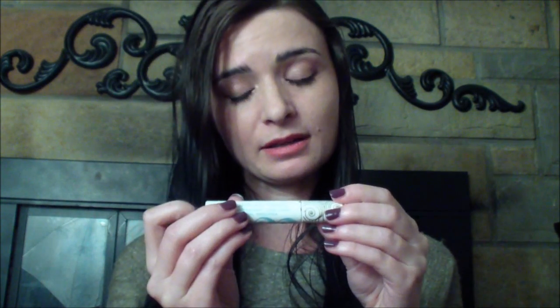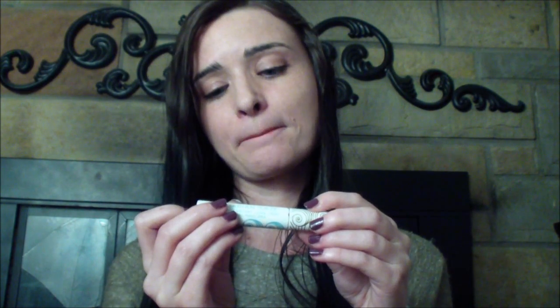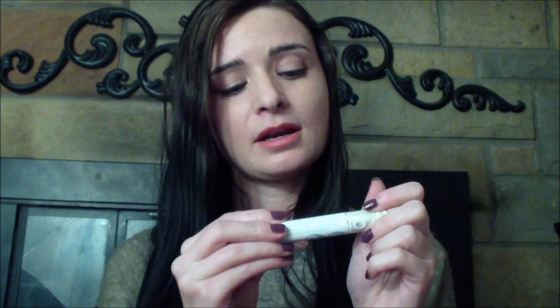Mascara is another one of those things that finding a more natural one without certain chemicals in it is quite challenging, especially if you don't want to spend upwards of $30. This one was under 20. I don't remember. I think it was under 20. If it was over 20, it was barely over. But if you don't want to spend $30 for mascara, but you want something that's...